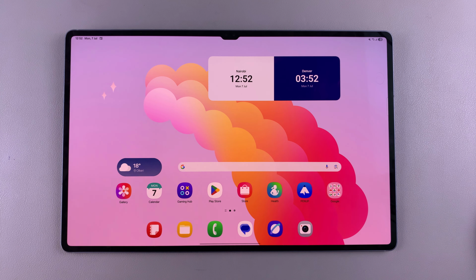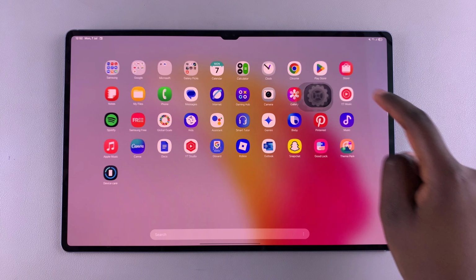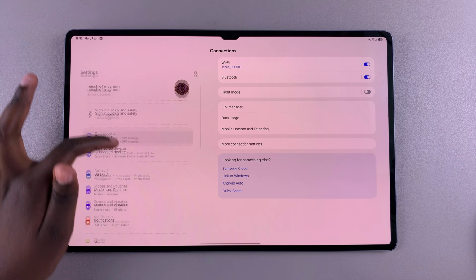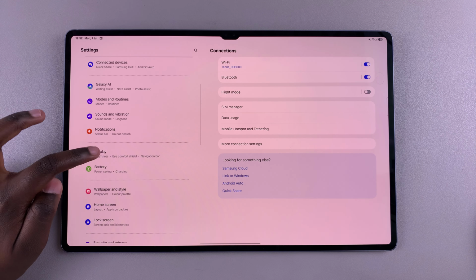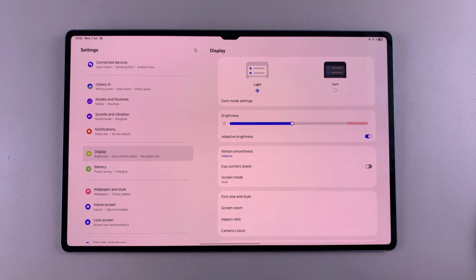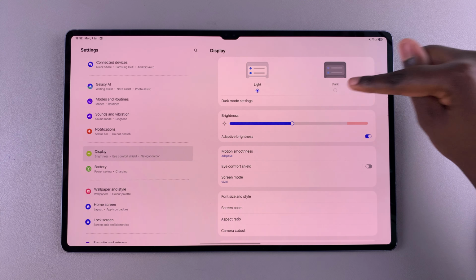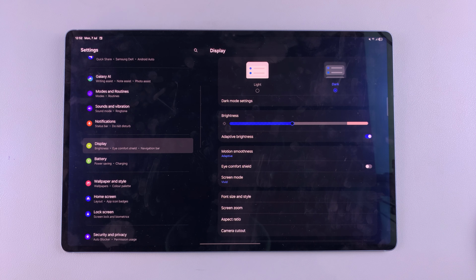So in this video, you'll learn how to enable dark mode on your Samsung Galaxy Tab S10 or S10 Ultra. So the first step when it comes to turning dark mode on is to simply go ahead and launch the settings app. From here, you're going to scroll and select the option display. And at the very top, you should see the feature that you're going to use to enable dark mode. So currently it's set to light. So to switch to dark mode, you're just going to tap on that option and your tablet will adapt to